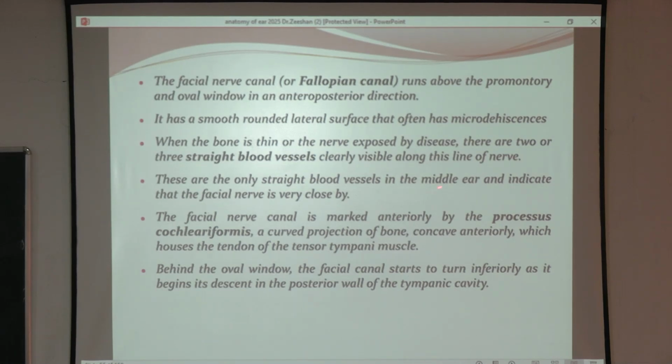ठीक है, अगर आपको straight ऐसे blood vessels दिख रहे हैं, that means those are the vessels over the facial nerve, because nowhere in the middle ear are these straight blood vessels. ठीक है, the facial nerve canal is marked anteriorly by processus cochleaformis, a curved projection of bone concave anteriorly which houses the tendon of tensor tympani muscle. Behind the oval window, the facial canal starts to turn inferiorly as it begins its descent in the posterior wall